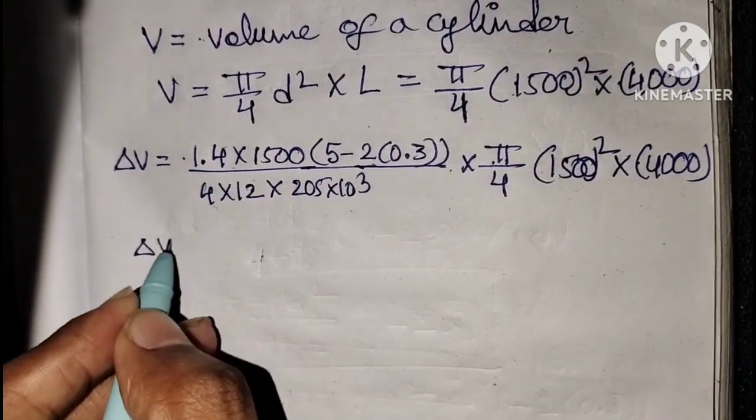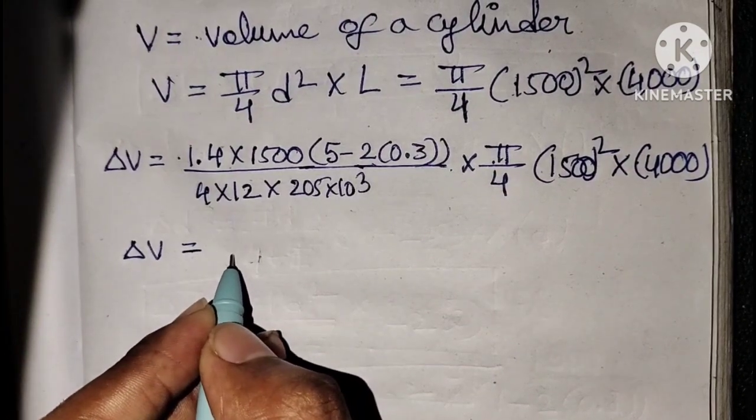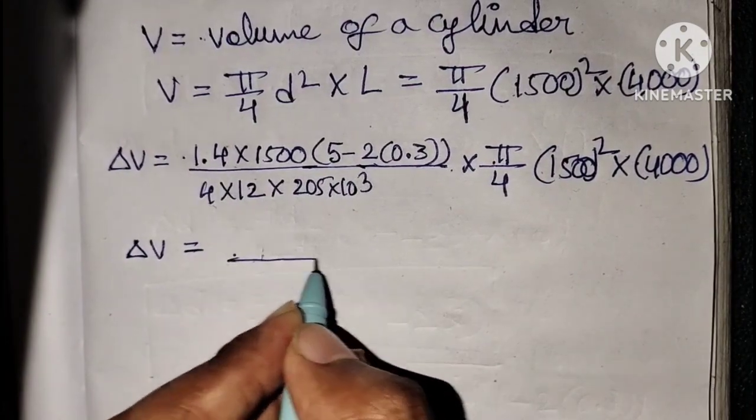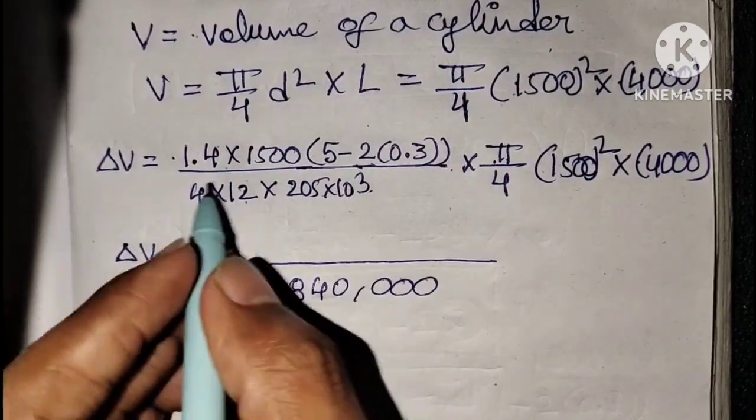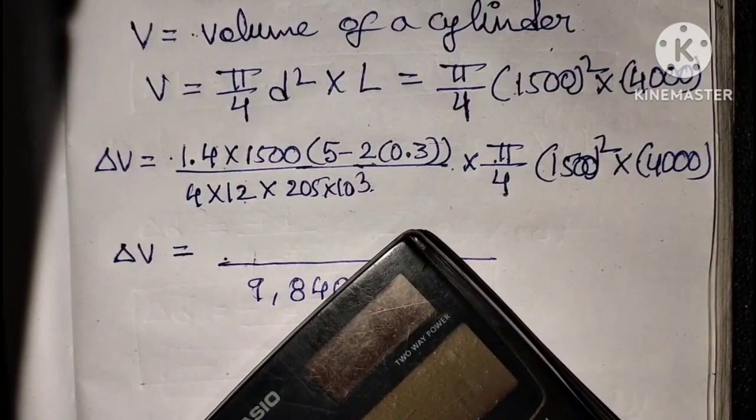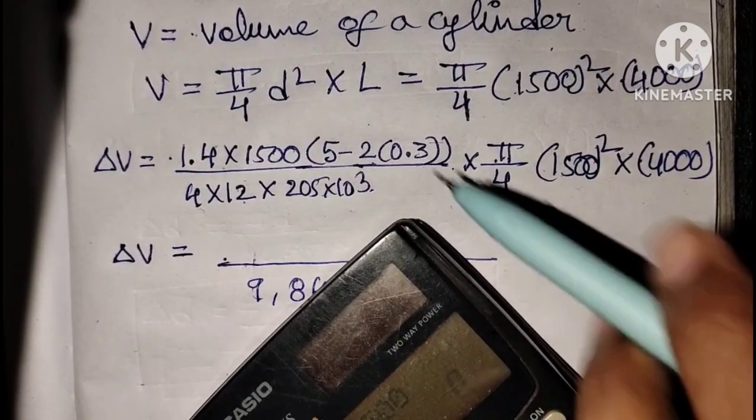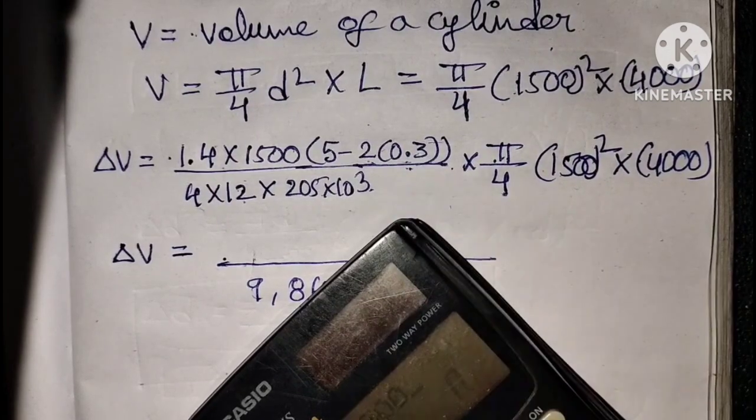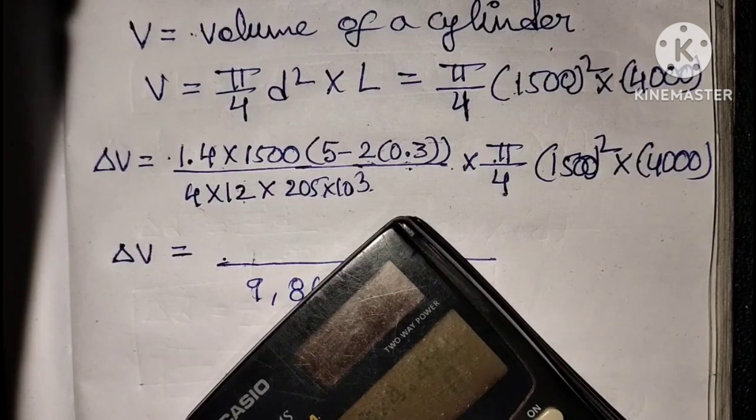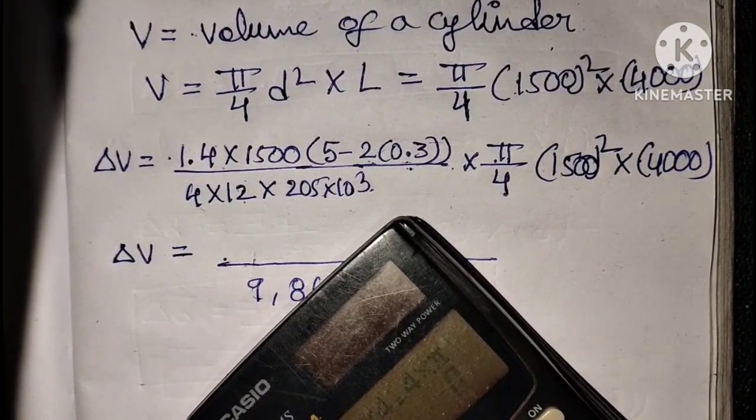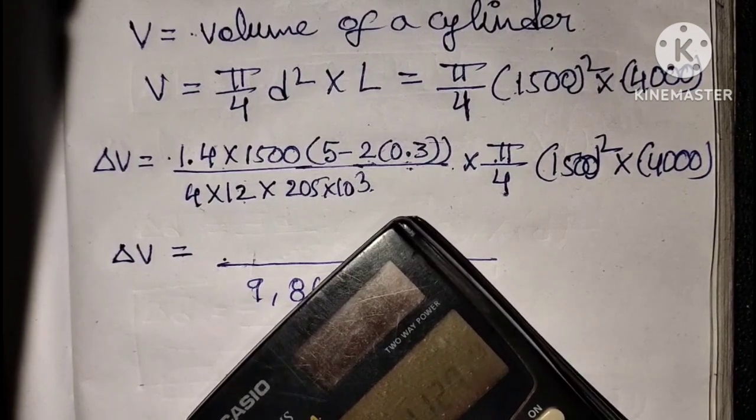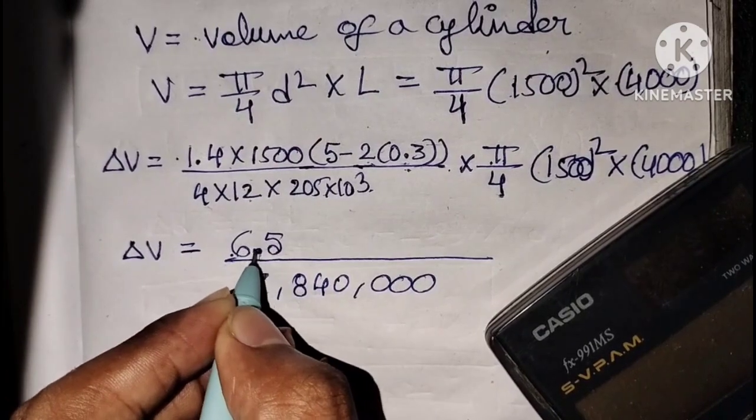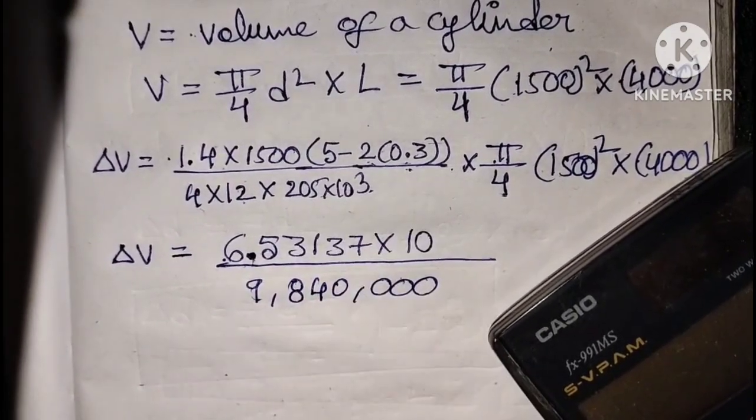So we have to simplify this to get the final answer. Now here 4 into 12 into 205 into 10 cube, as usual, you know the answer, 9,840,000. We need to simplify this, so including this denominator 4. So 1.4 into 1500, 2 into 0.3, 0.6, 5 minus 0.6, 4.4, 4.4 into pi into 1500 whole square into 4000 whole divided by 4. So you will get 6.53137 into 10 power 13